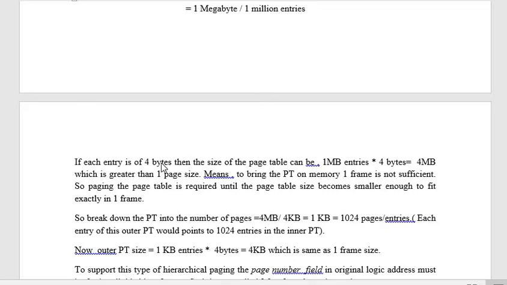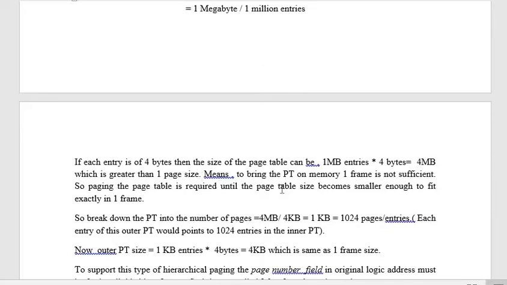So if each entry is of 4 bytes, say assume 4 bytes is used to represent the frame number, then we can easily come to know what the size of the page table is. So what is the size required? Since we have 1 MB entries in the page table and each entry would require 4 bytes to represent the frame number, in total it would require 4 MB of space, which is actually greater than 1 page size,